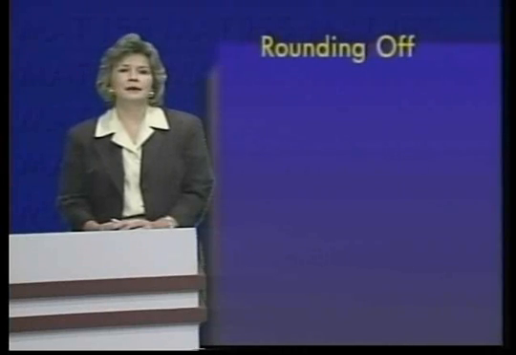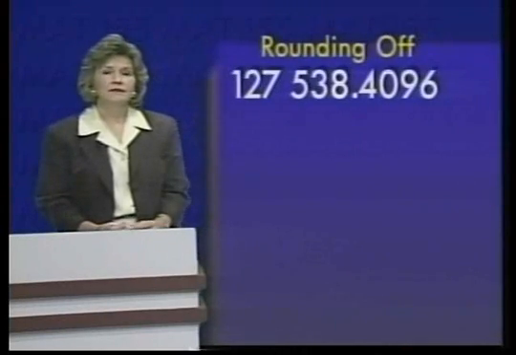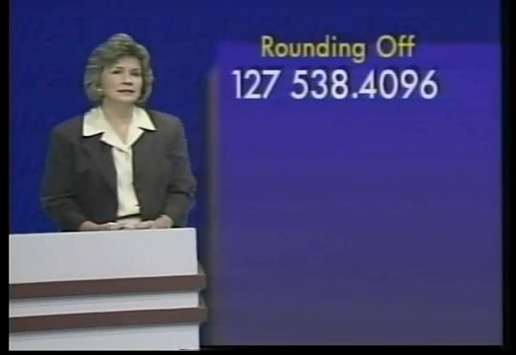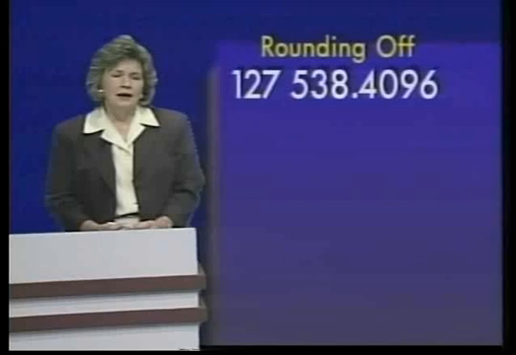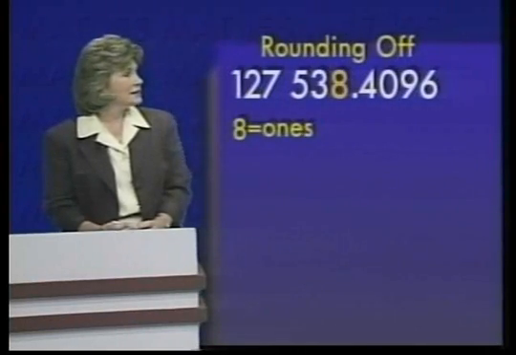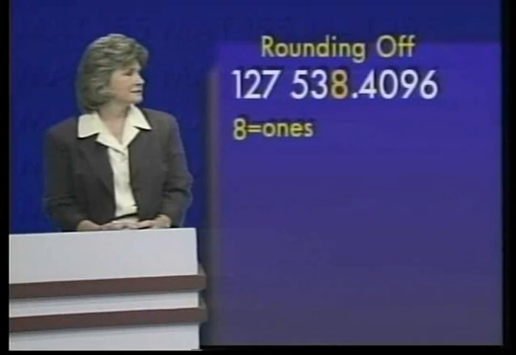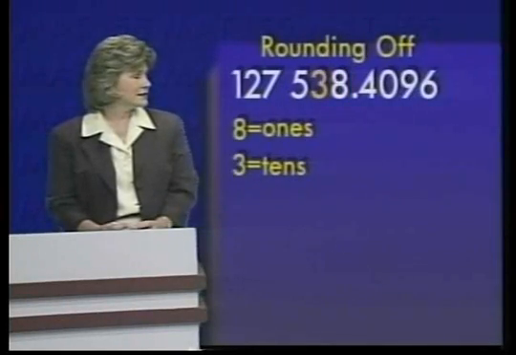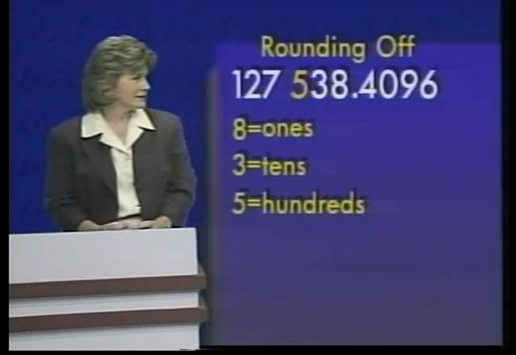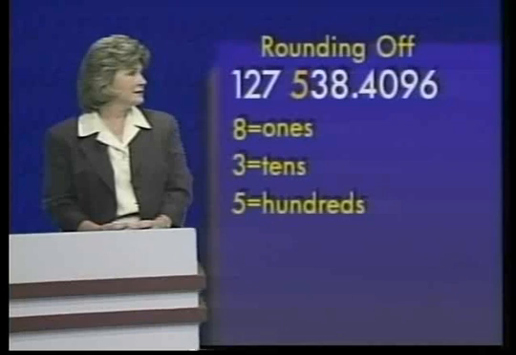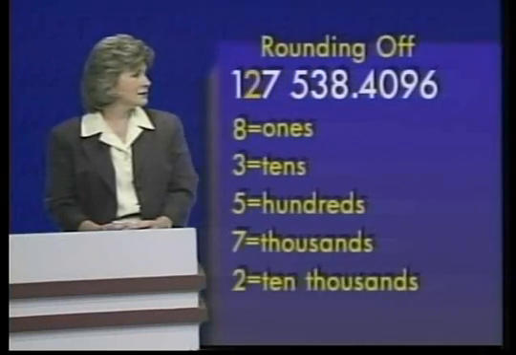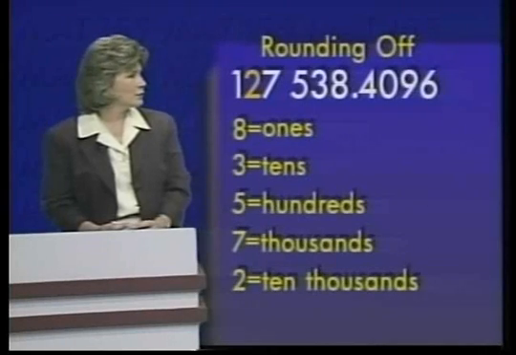Let's first consider the number 127,538 and 4,096 ten-thousandths. Starting with the decimal and moving to the left, we see that the 8 is in the ones place, the 3 is in the tens place, and the 5 is resting in the hundreds place. The 7 is in the thousands place, the 2 is in the ten-thousands place, and the 1 is in the